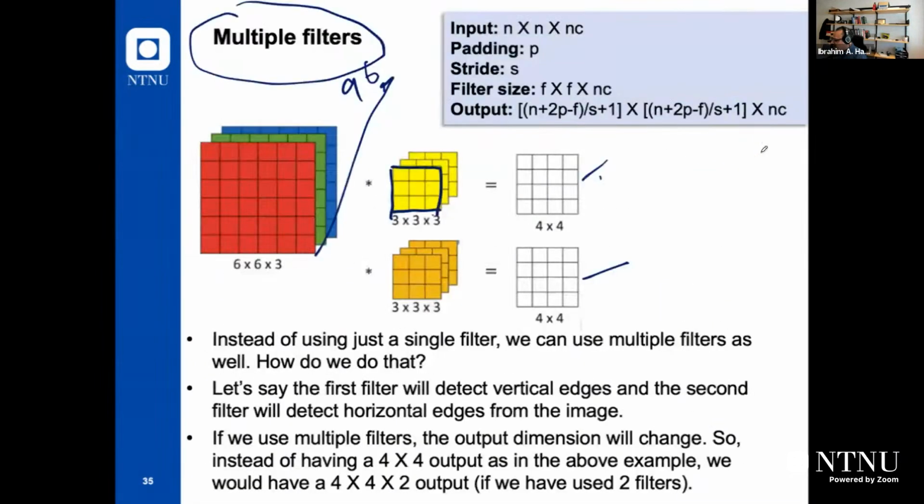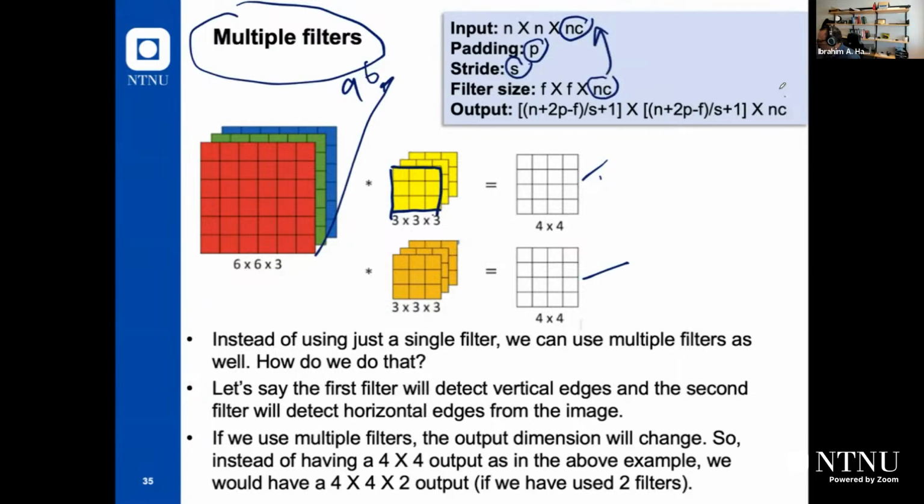If you want to calculate the number of activations, maybe you need to find a way to do this: how many activations we need to do to scan the whole image using the stride, which we need to define as well. Okay, this is the size of the output. This formula can be used. If the input size is n times n times the number of channels, padding equal to p, for example, stride equal to s, and the filter size f times f, the third dimension will be the same as the input image, right? So this is the output size. It will be (n plus 2p minus f) divided by s, plus 1. Of course, it's squared, so it will be multiplied by the same dimension, multiplied by